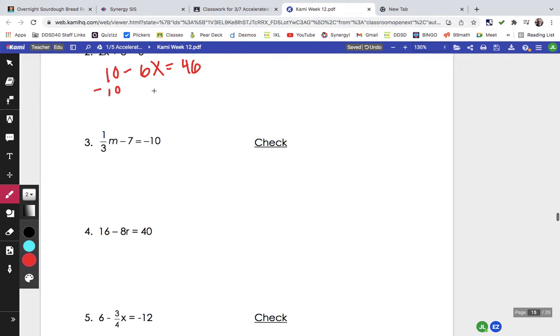That creates a 0. So we're going to create that 0, and negative 6x equals 36. So then we divide by negative 6, and we get x is equal to negative 6. And to check that, we're going to replace the x with the negative 6. 10 minus 6 times the negative 6,